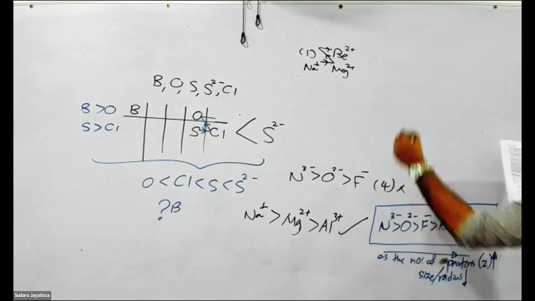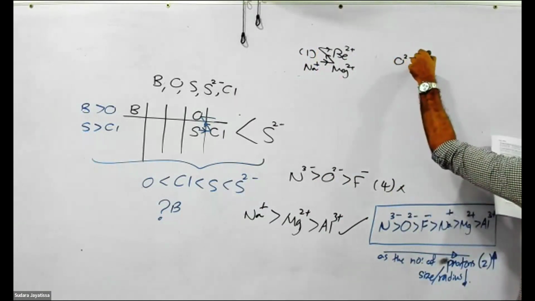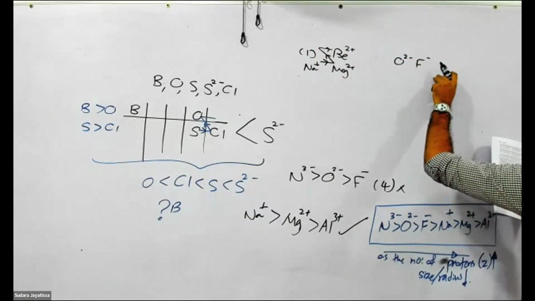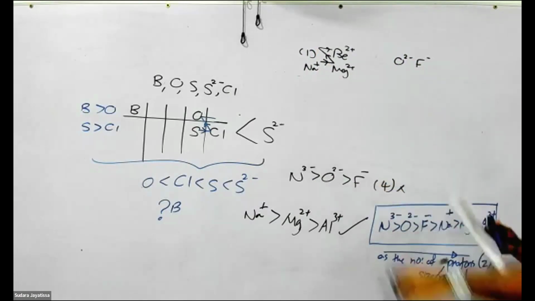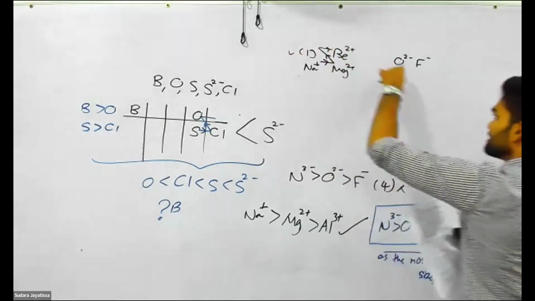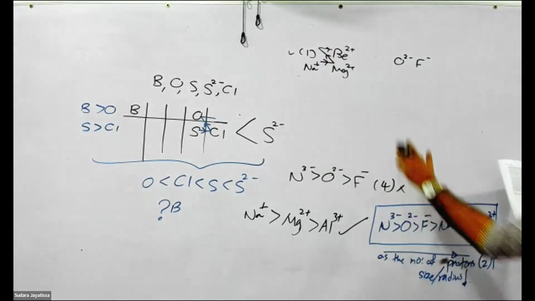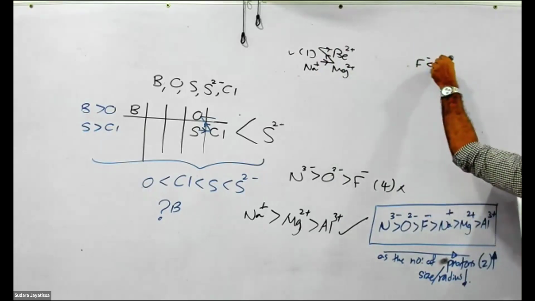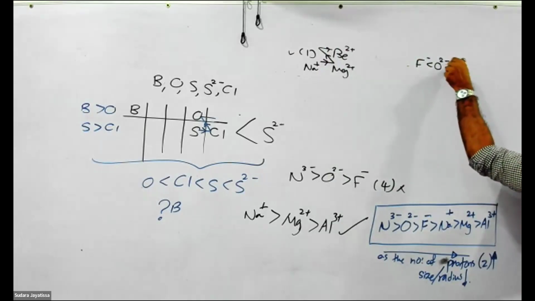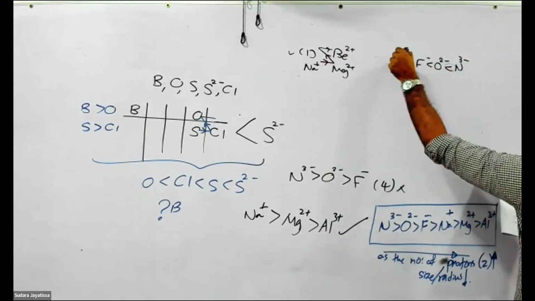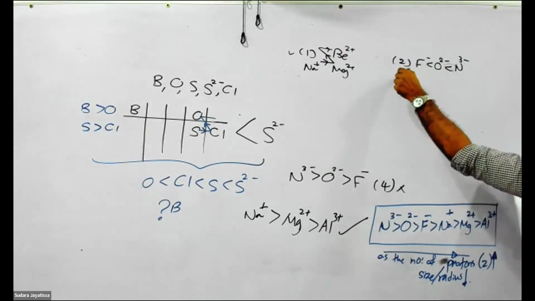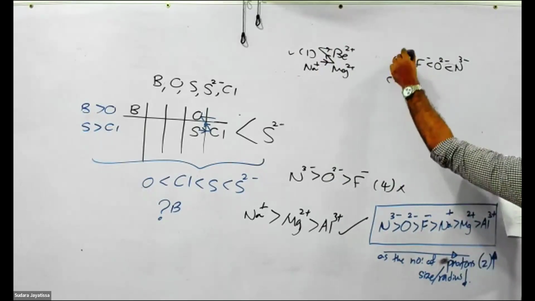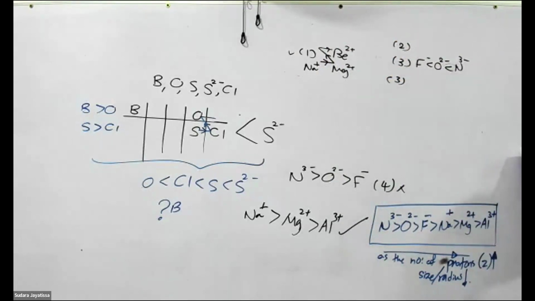And then second one, O2 minus, F minus. So I think the first one is the answer. Okay, now correct the others. What are the correct increasing orders of the other three? Increasing orders, right? So say O2 minus and N3 minus. Second answer is the corrected version. For the second answer, the corrected version is